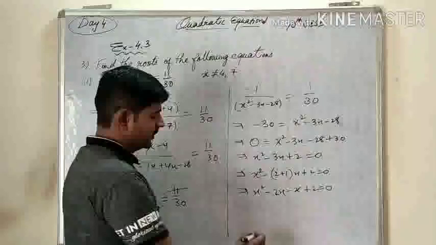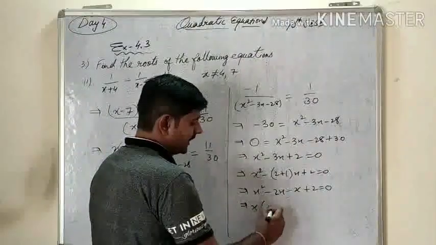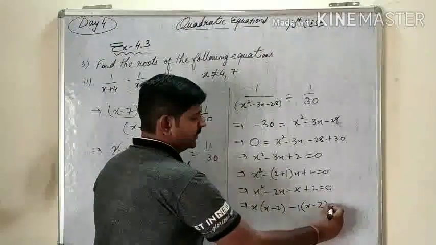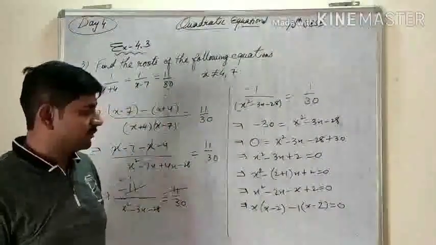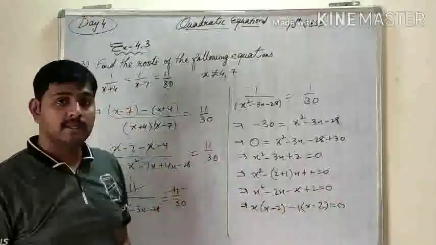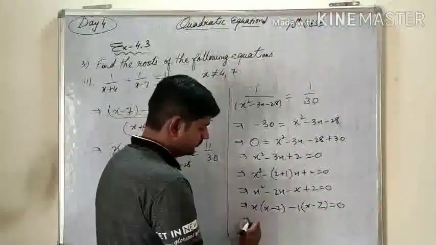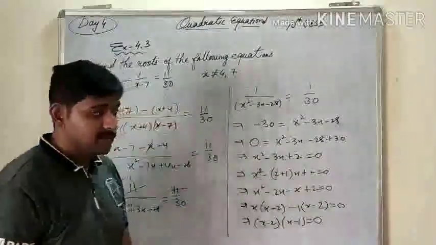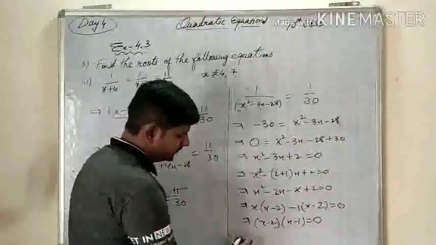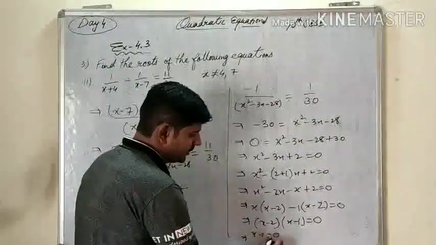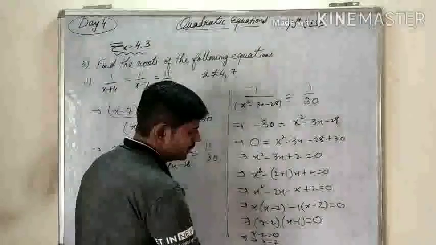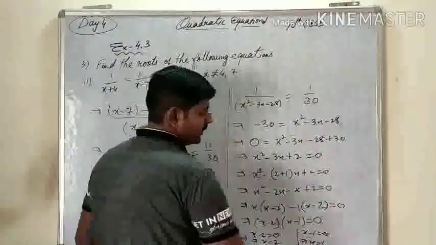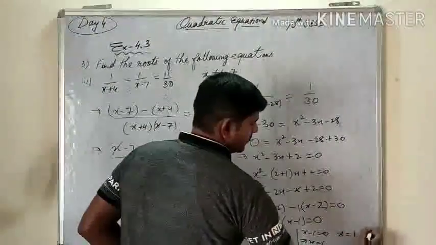In the first two terms we will take x common, so I will get x minus 2, and here negative 1 is common, so x minus 2 is left because x is taken in the bracket, so negative 1 is taken outside. So x minus 2 and x minus 1, we got this. Let's take separately. If x minus 2 equals 0, our x is positive 2, and if x minus 1 equals 0, then we get x equals positive 1. So finally x equals 1 and 2. These are the answers.